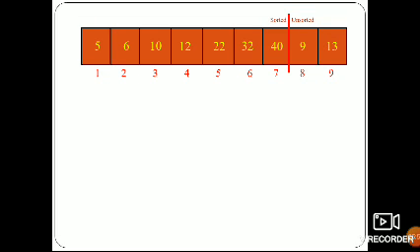Now 40 and 9 we have to check. So for the checking, again I need to compare and we will swap. The 9 has to be kept before the 10. Okay. 5, 6, 9, 10, 12, 23, 32 and 40. So this is the correct position we got. In the nth pass, n elements are inserted into the proper place, so that the total list of elements will be sorted. So one more element is there.